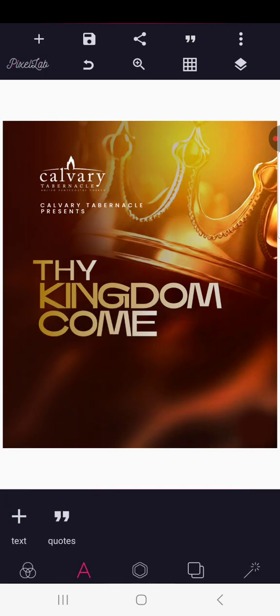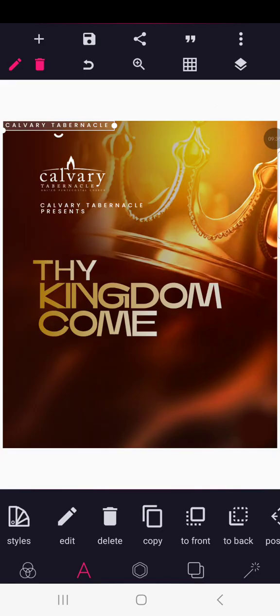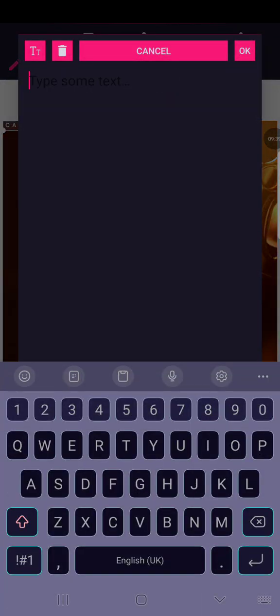A biblical verse or quotation that can work well with this text is "Seek ye first the kingdom of God." Okay, so we can say